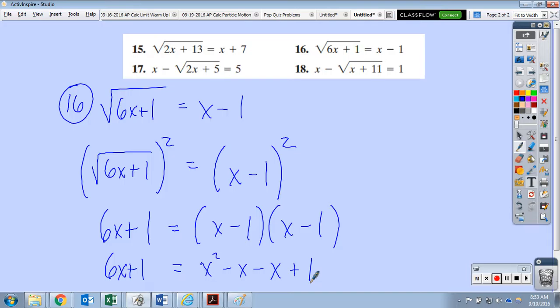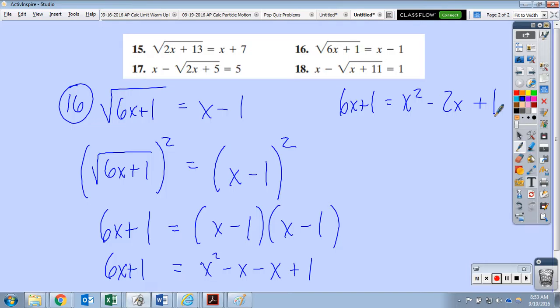We continue this up here. I'm going to simplify the right-hand side. So we have 6x plus 1 is equal to x squared, negative x minus x is negative 2x, plus 1. Now we can clearly see that we were at a quadratic here, but now it's even more clear. And so from here,